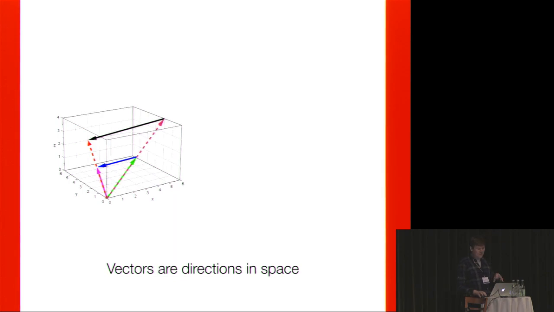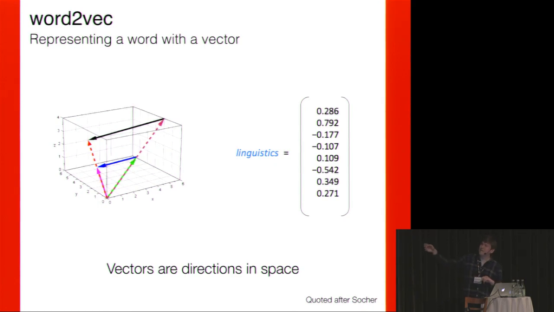So in this particular one, I'm using 300-dimensional vectors. But the idea is basically representing a word by a vector, so just a bunch of numbers, just a direction in space, and then there are very different ways to compute this. There's word2vec, which was introduced by a paper from Google in 2013. There are also dependency-based word embeddings, and there's random indexing, and I'm going to talk a bit about that.